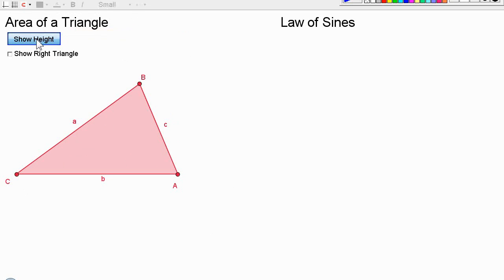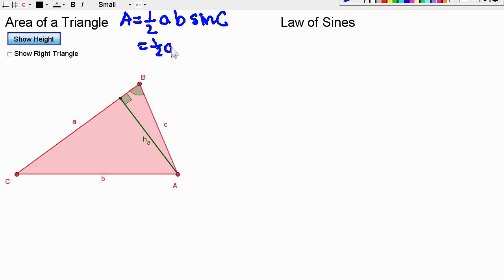We'll click on my button again to show me the height. And I will write down my formula given the fact that A equals 1/2 my one side A, my second side B, my angle C. I have my formula. But if I would change my perspective and I would say, now this is my base, this is my angle B, and I also am given side C, I could actually rewrite the same formula as 1/2 AC